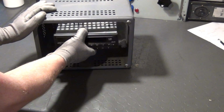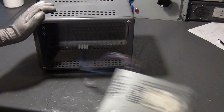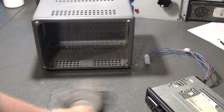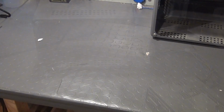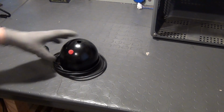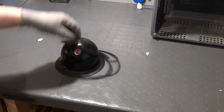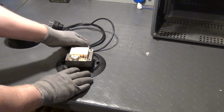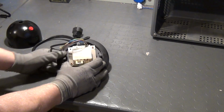Therefore, I have to do a bunch of metalworking to fit the car stereo into this old steel enclosure that has been sitting in my lab for a couple of years. Inside that enclosure, we will also fit a linear power supply based on this 12-volt transformer that I salvaged from a broken halogen lamp. But more about that power supply later. I first have to drill,